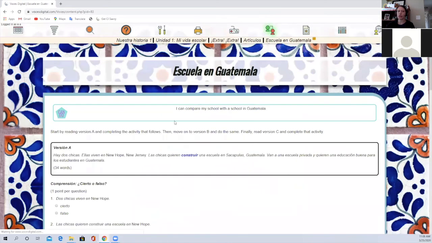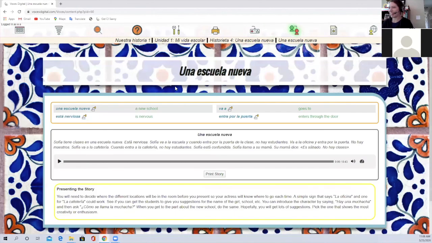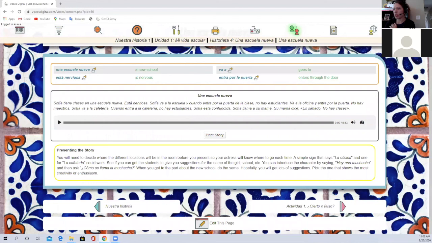And so the first thing I want to show you is simply how you can add materials to a page, like add questions to a page. And to do that, and to really edit anything on a page ever, you go down to the bottom of the page. But let me actually, I prepared some questions ahead of time. So here we have a short story. There are many short stories in our Nuestra Historia titles. And let's say you want to assign this to your students, but you want to add a question to this page. All you do is you go down to the bottom and where it says edit this